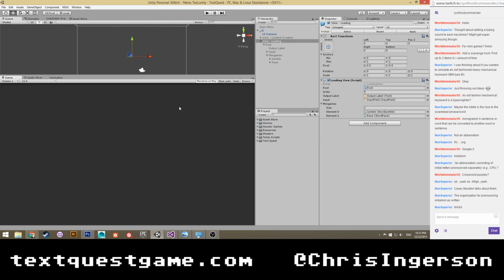I suppose we could try synonyms. Make it an educational game, so you have to say synonyms or antonyms for a word. But that's just knowledge. That's not puzzle solving really, or typing training. What's something that you can do on a keyboard that's interesting? Something that works with an input field.